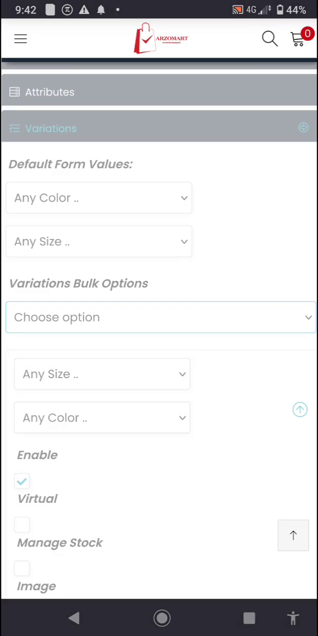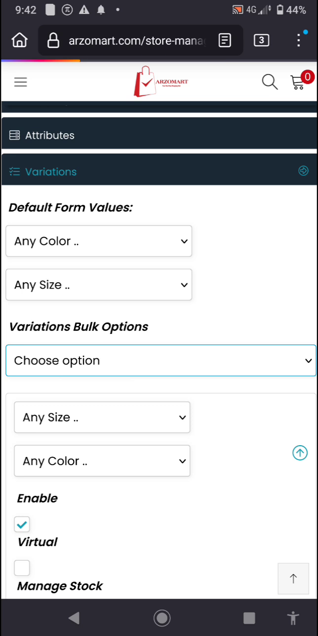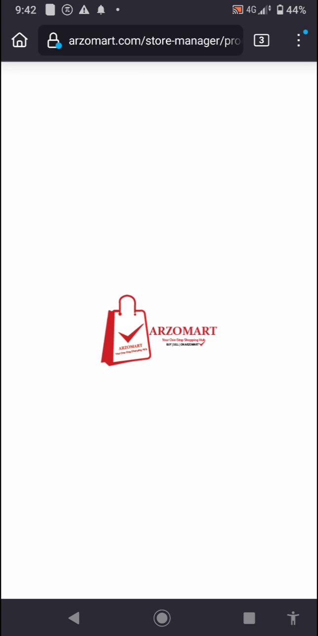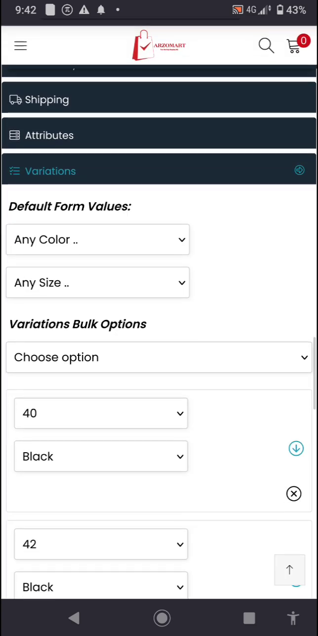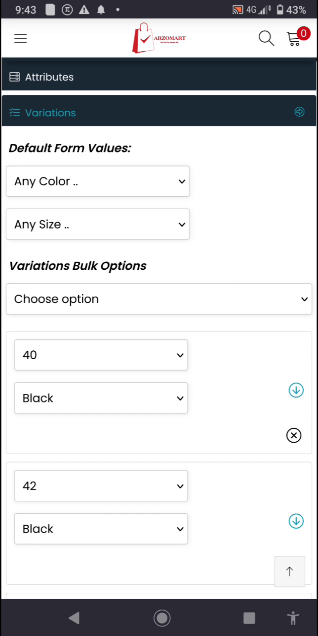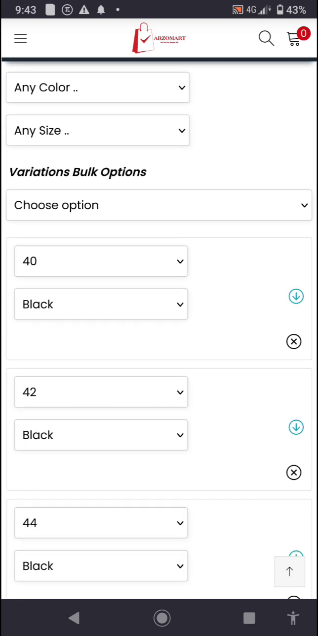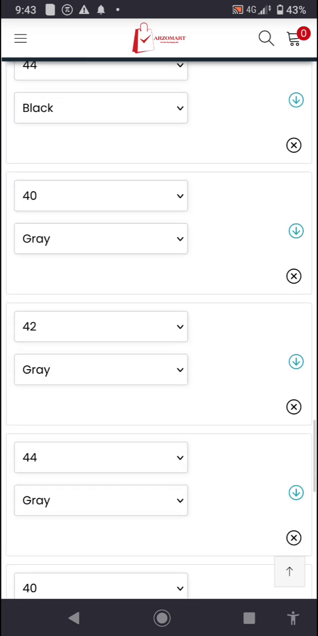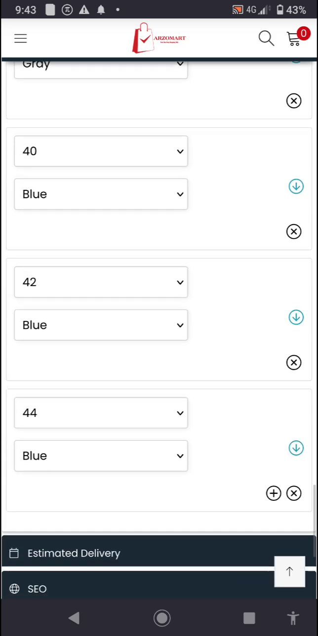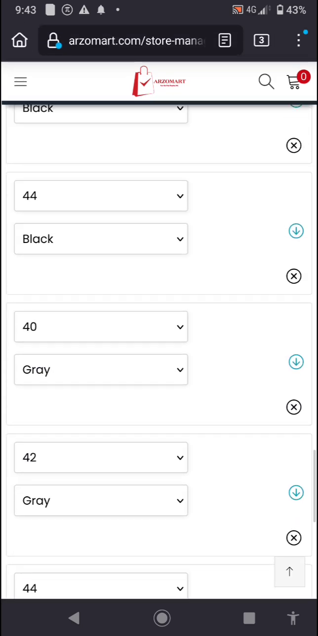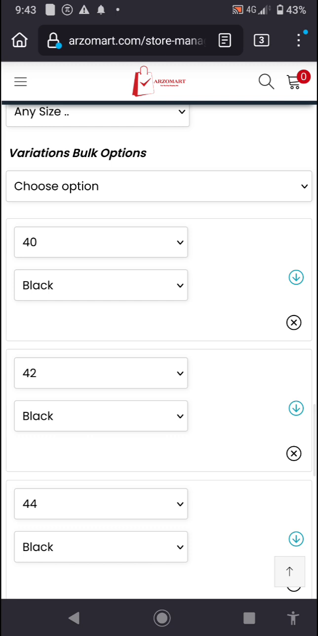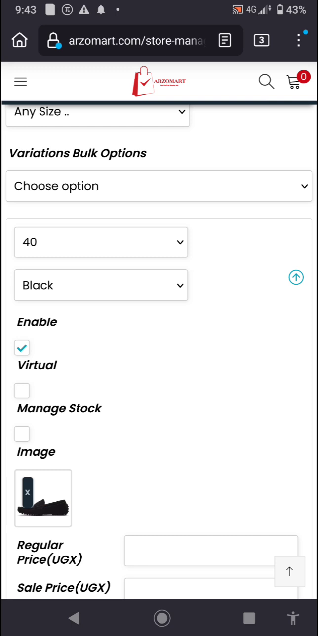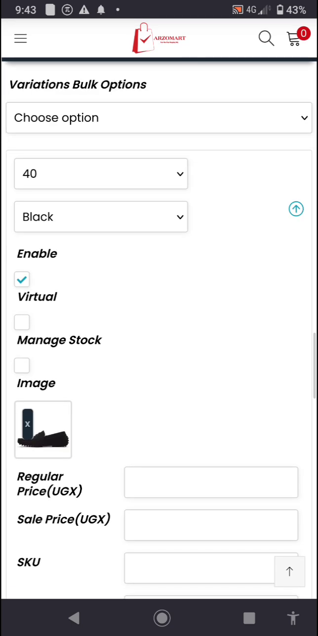Those people who did mathematics, the part of permutation, that is how many times a number can be represented. But here, we are going to create variations, which is how many times a product can vary. If we have two attributes, one of color and one of size, and 3 color types and 3 sizes. So that's where you have a 40 size blue, 44 black, 42 black, 40 black, and you can go ahead and edit. You click on that blue drop down arrow,